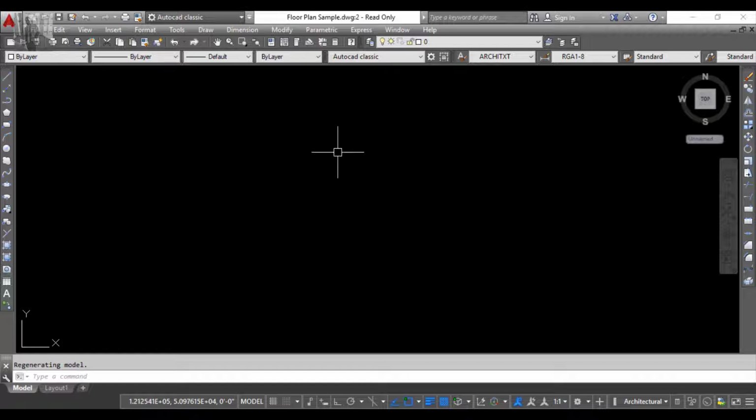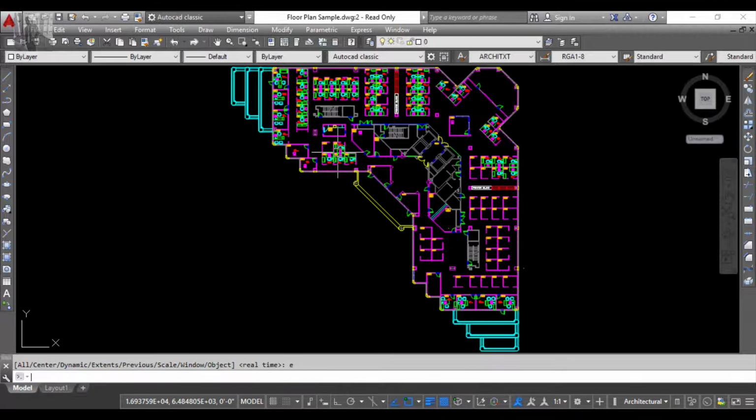What will help in this case is always Zoom Extents, that is Z enter and E enter. Wherever the drawing is in the graphics area, it will be set in the drawing area. Getting my point? So this is the use of Zoom Extents. Hope I am able to clear all the different types of zoom and pan commands.